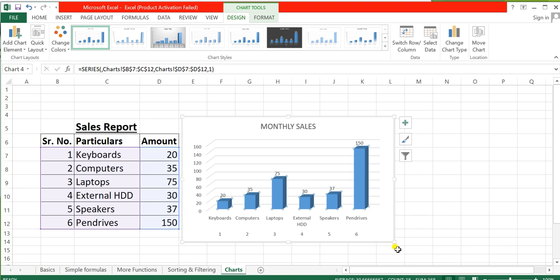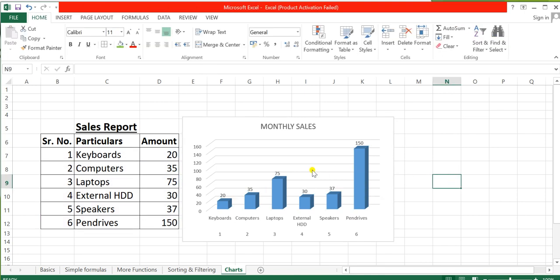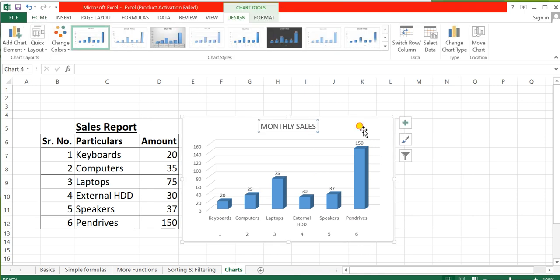Then the exact amount will get displayed at the top of the bars. This is how you can insert a chart of this one type, the column chart.